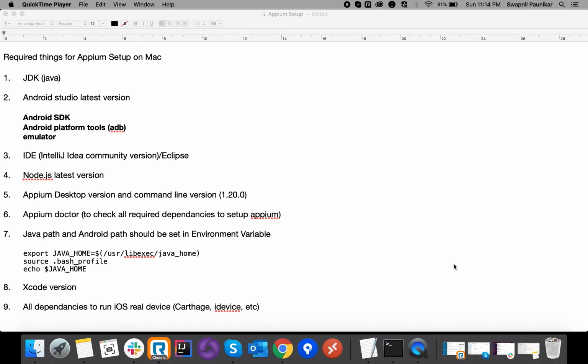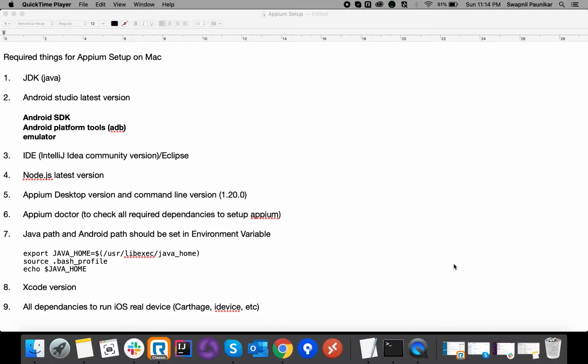In recent releases of Appium, it has removed those kinds of dependencies that we had to download externally. When we build the WebDriverAgentRunner, most of the dependencies will get installed on your machine. So as of now we don't need it.